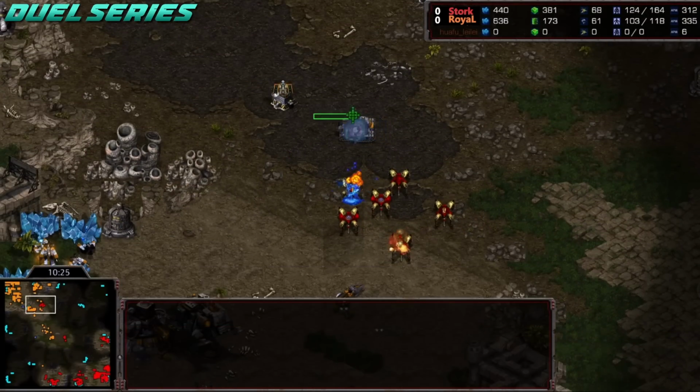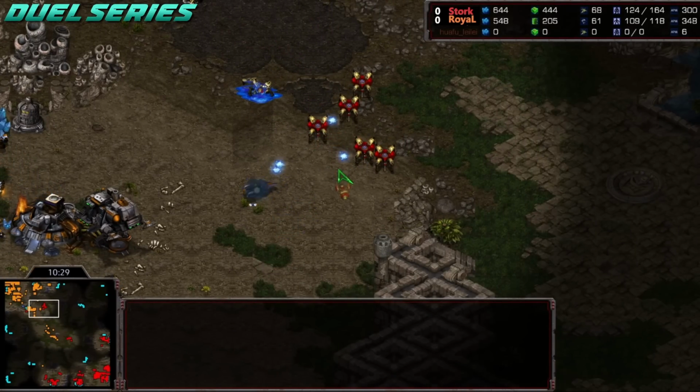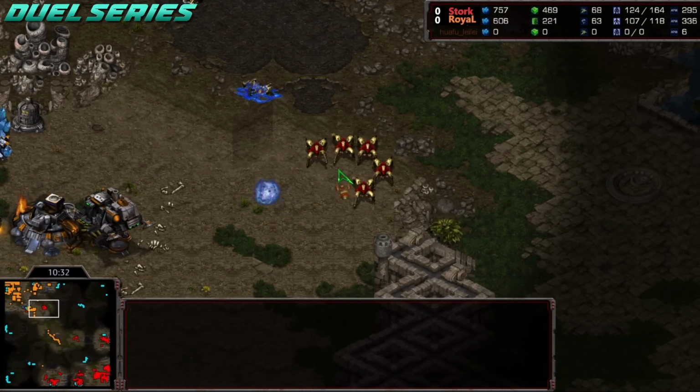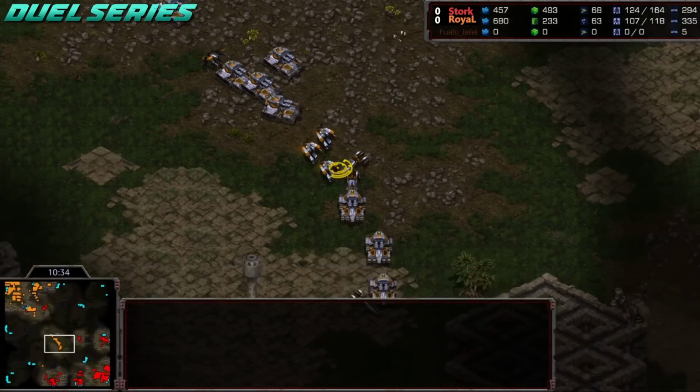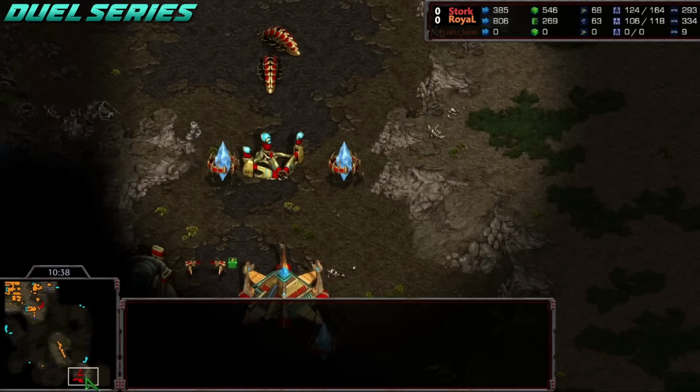Tank gonna go down here. Secondary tanks are gonna fall as well. 2 tanks for just 1 Dragoon is an insanely good trade. This counterattack really working wonders for Stork right now. In fact, he might even catch some more units as they're popping out. Gonna be catching some